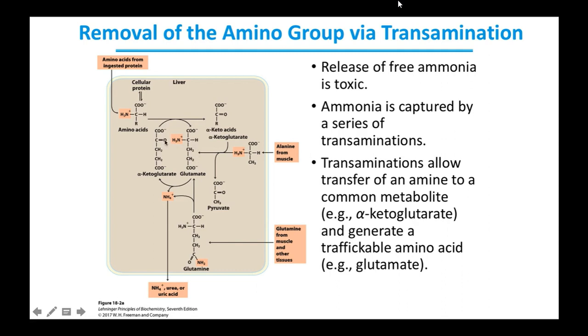So essentially, we're converting all the amino acids into glutamate, and then generating their carbon structures for use in other things. That puts everything in one common structure, and that one common structure is what ultimately is used in the urea cycle,